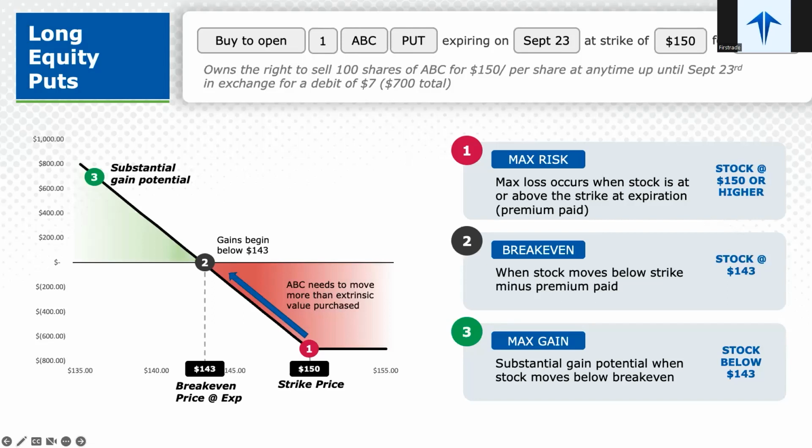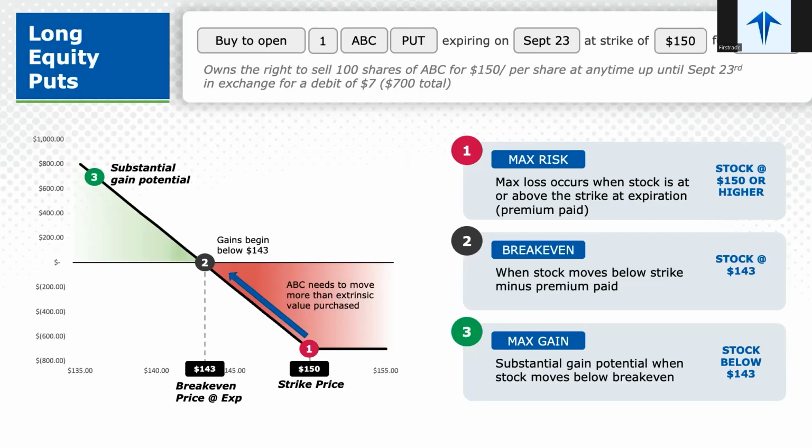So the most that I can lose is the amount that I'm paying. I do need the underlying to move lower, to decline more than the premium that I paid, that $7, so to 143 before I can start having any gain potential, of course, on expiration, because we talked about the time factor. We have substantial gain potential because the underlying could go as low as 0, theoretically. And if this is at 0, this would be worth quite a bit. However, it's important to have an exit strategy and have a target of where you feel like that security is going to go. So the break even is just simply if the underlying security moves more than the extrinsic value purchased, we'll break even at that point because we'd have the